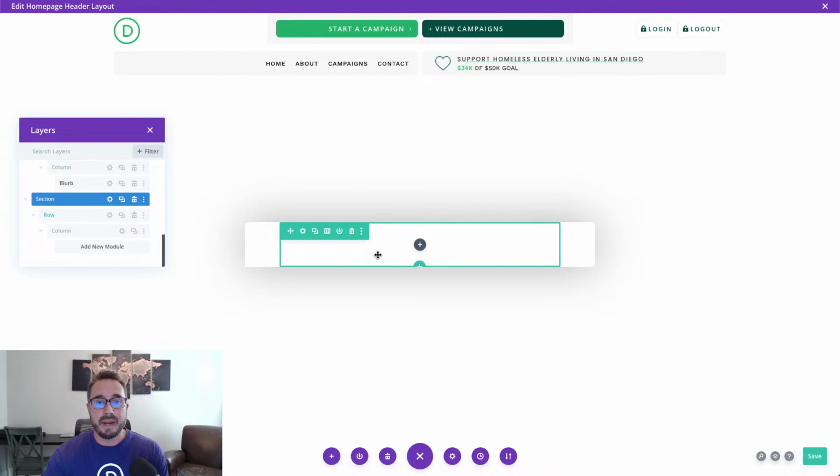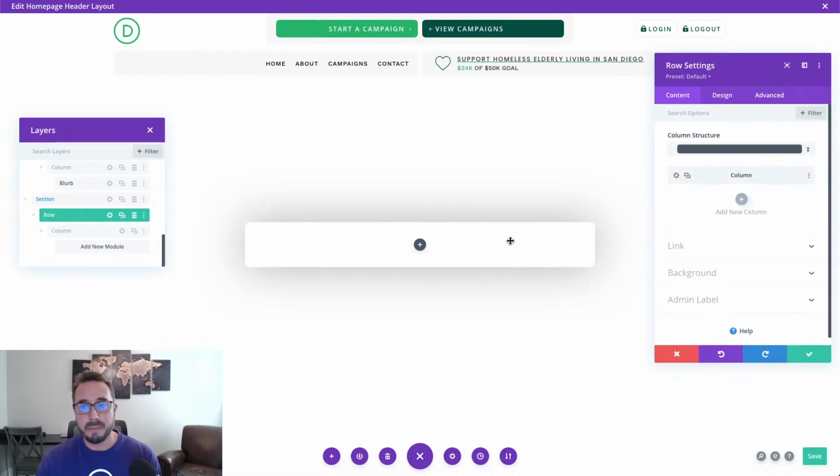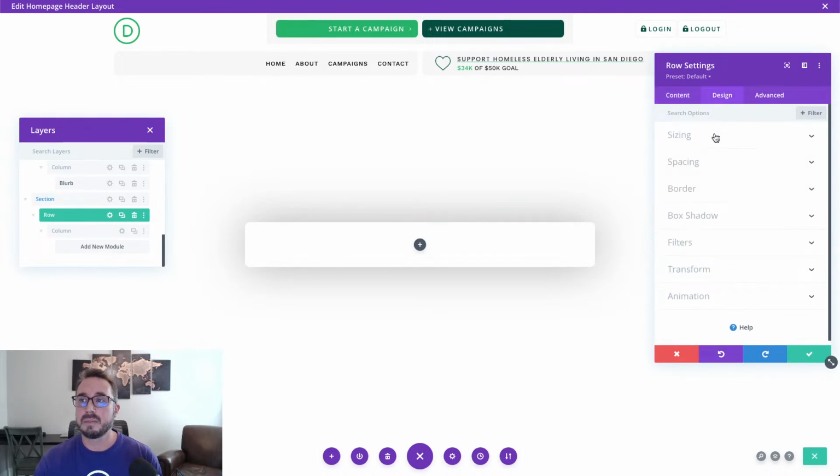And now we've created our pop-up section and styled that. As you can see, it's kind of fixed here within the middle of the page, which is what we want. And now we're going to edit the row settings within that section pop-up. All right, so under the row settings, we're going to go to the design tab, give it a custom size,